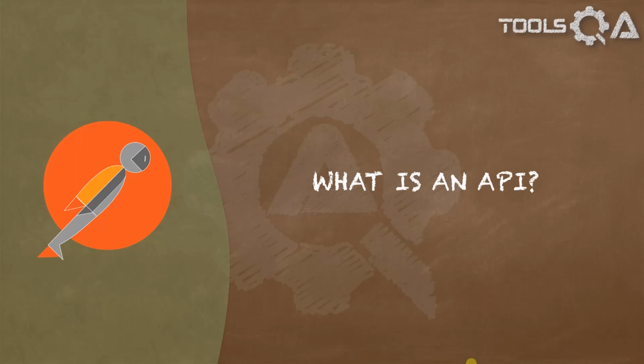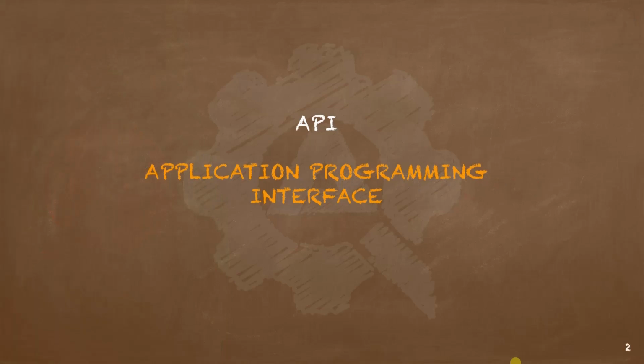Hello guys, before we start to dive deep into Postman tool, let us try to understand what an API is. Why this is important? Because that will help you understand the use and importance of Postman tool in a better way, and it will also help you know what happens under the hood at high level. So what does an API stand for? API stands for Application Programming Interface. Okay, but what does it mean?